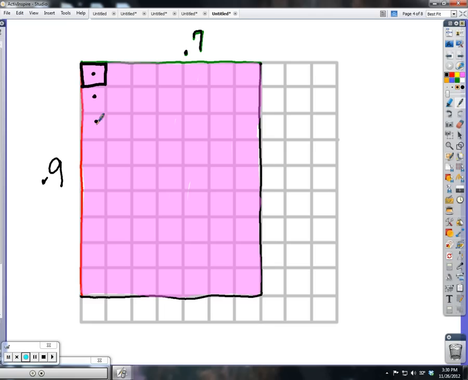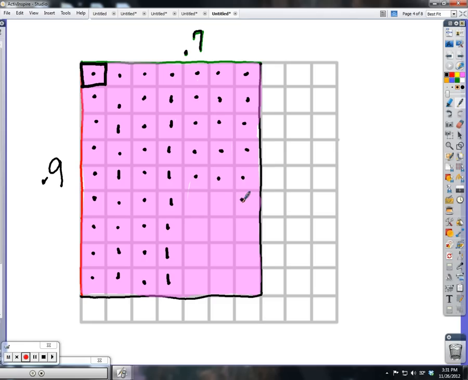So 1, 2, 3, 4, 5, 6, 7, 8, 9, 10, 11, 12, 13, 14, 15, 16, 17, 18, 19, 20, 21, 22, 23, 24, 25, 26, 27, 28, 29, 30, 31, 32, 33, 34, 35, 36, 37, 38, 39, 40, 41, 42, 43, 44, 45, 46, 47, 48, 49, 50, 51, 52, 53, 54, 55, 56, 57, 58, 59, 60, 61, 62, 63. So that would be 63 out of 100 blocks, which would be